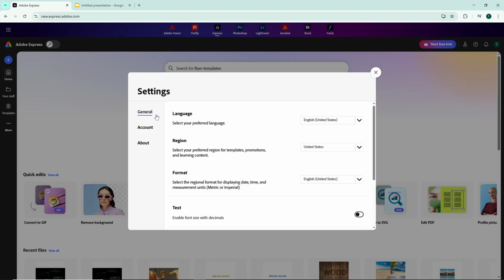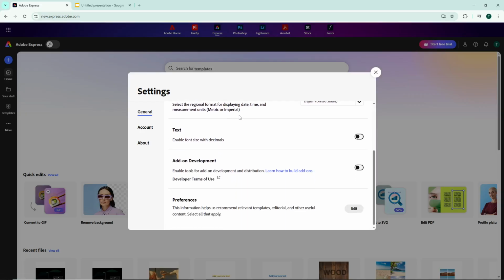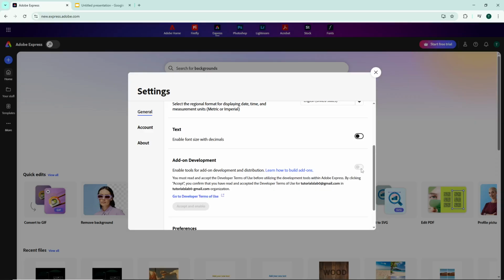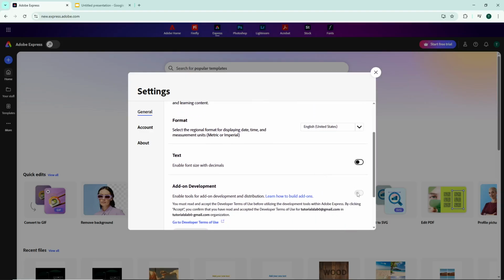Once you're in the Settings page, you'll be on the General tab by default. Scroll down through the available options until you find a section labeled Add-on Development. This is a crucial step as it enables the development mode for your account. Next to Add-on Development, you'll see a toggle switch. Click on it to turn it on. Enabling this setting allows you to test and develop add-ons directly within Adobe Express, which is essential for the development